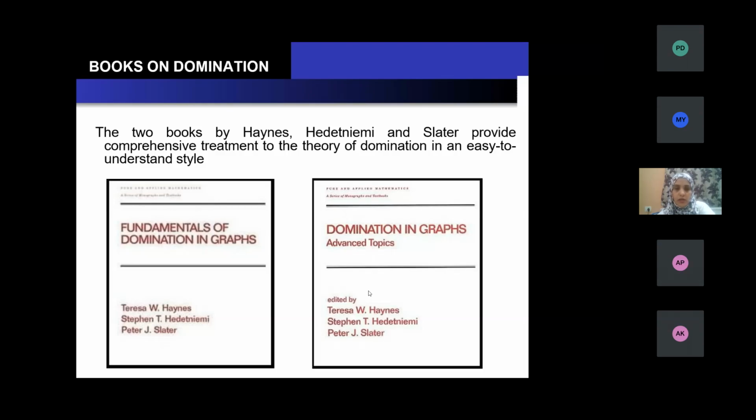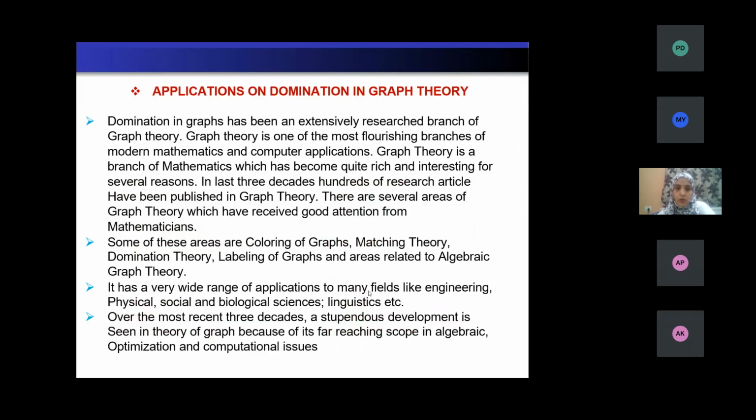So now moving on to the applications of domination. We can see there are various applications of domination in graph theory. As the decades passed, many researchers have found applications of domination in graph theory. Many of them have made it happen, like in matching theory, labeling of graphs, algebraic graphs. Some of them have